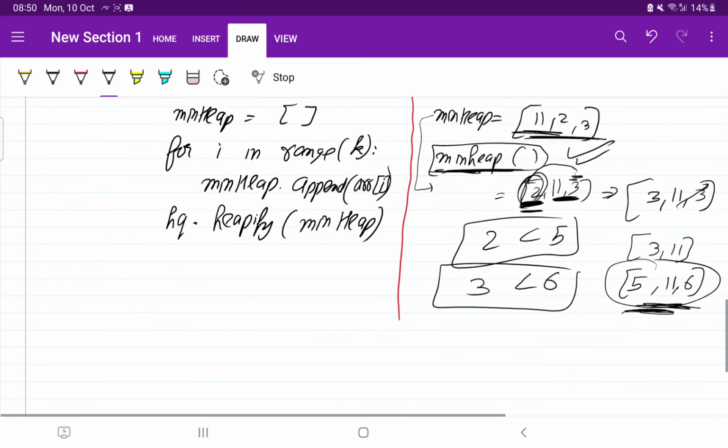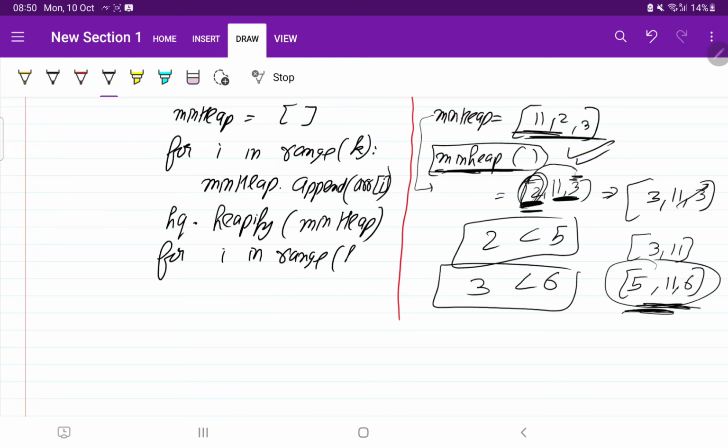Now I told you we want a for loop for the rest of the elements. So for I in range of k to size, now what I do: if min heap of 0 is greater than the element of array of I. Suppose this is the situation.